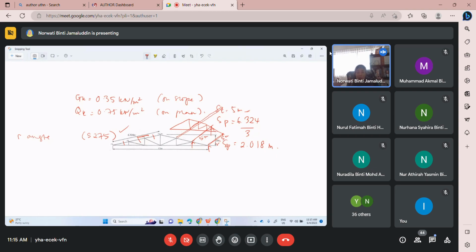Typical length for a steel section will be 11 to 12 meters. That is the typical. Longer than that, you need to do a connection, then you can have a continuous member. Since the span is 5 meters, for a building